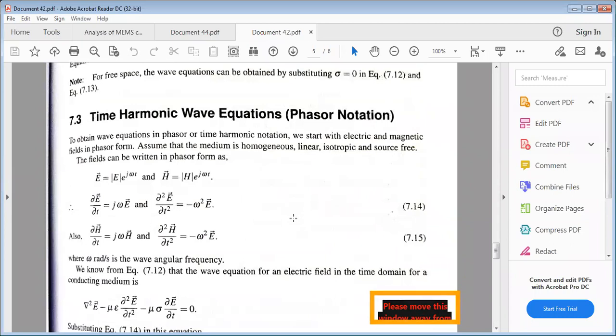Now in today's class, what are the Phasor form or Phasor notation of the wave equations? These are all simple concepts. If you spare 10 to 15 minutes of effort, definitely we get the basic concept behind this. Today's concept is the Phasor form notation, uniform plane wave, and wave equation for the different mediums.